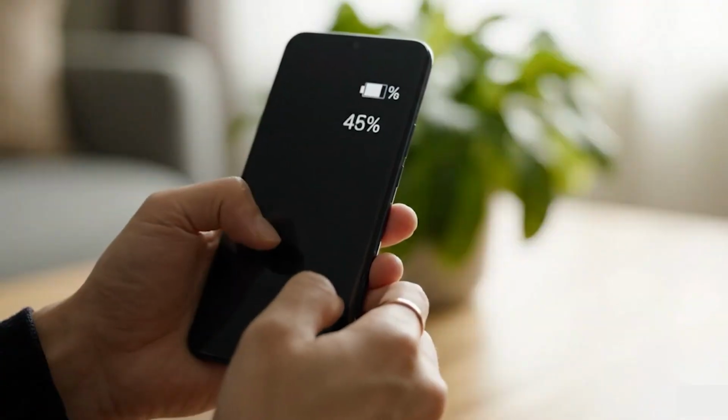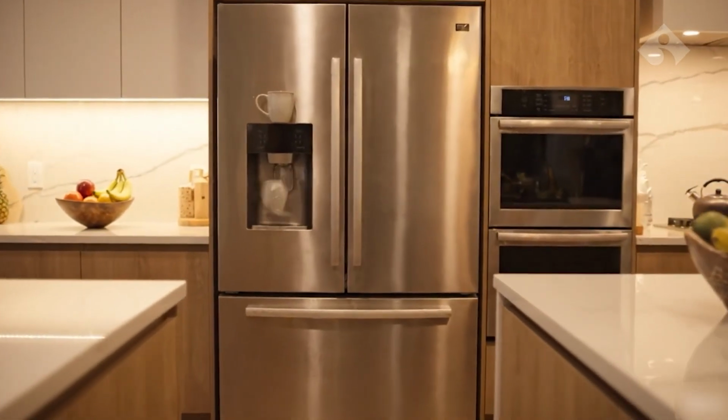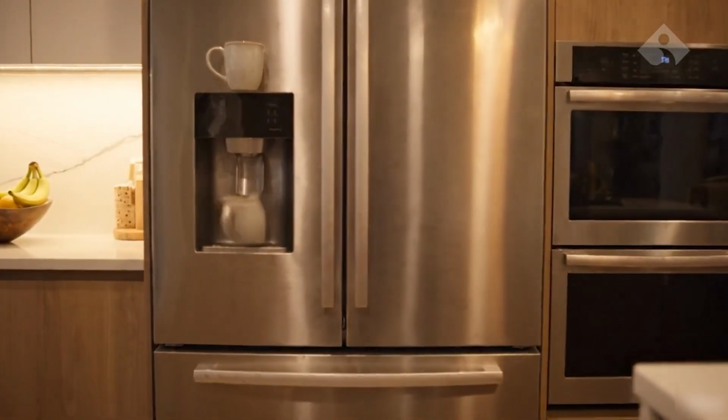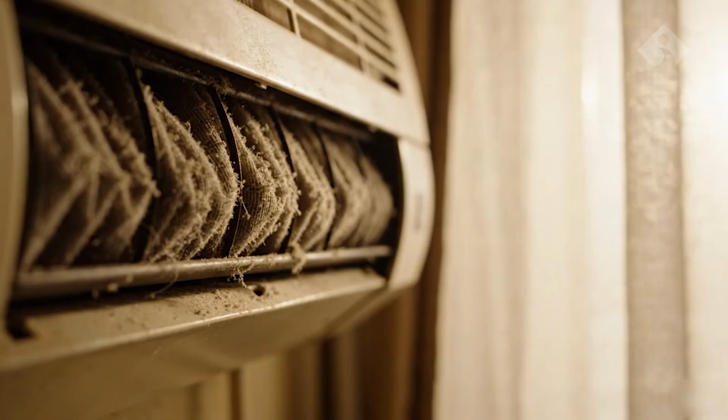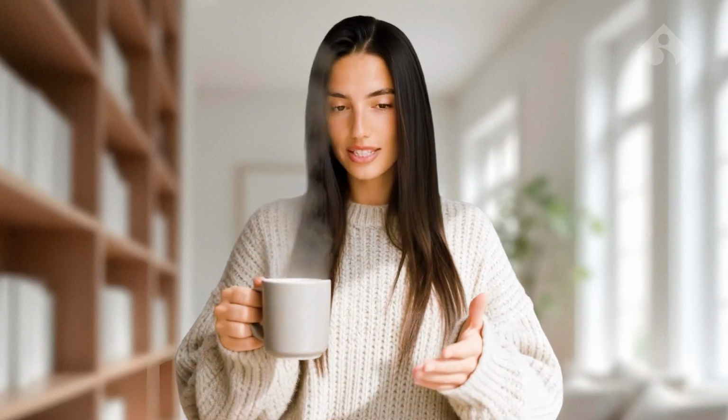Most systems deteriorate gradually rather than failing at a single moment. A phone battery loses capacity and screen brightness fluctuates. A refrigerator runs longer, consumes more energy, and eventually the compressor strains. When air conditioner filters clog, even a minor shock can lead to overheating. The system moves from full performance to a fatigued state, and eventually to a critical state.